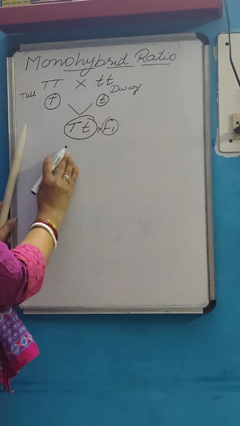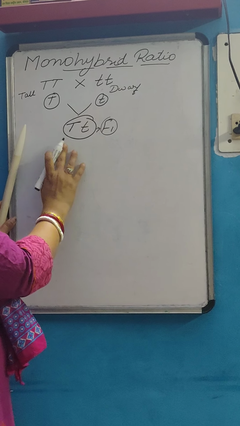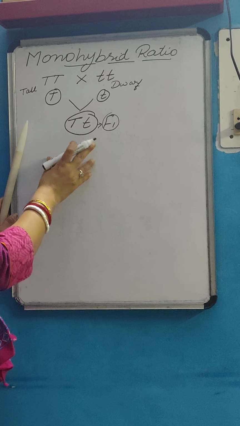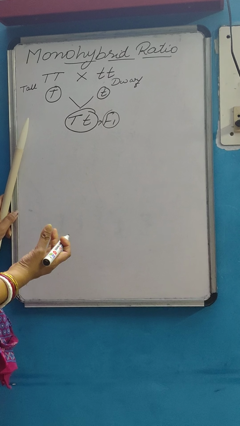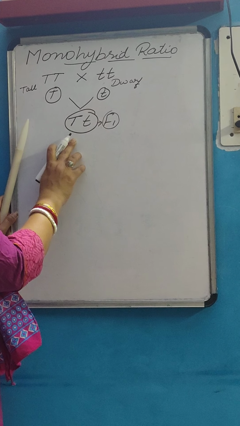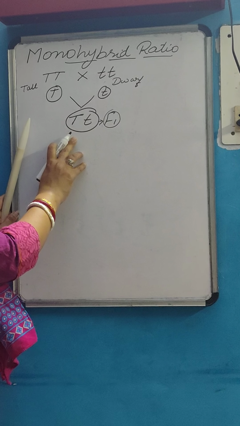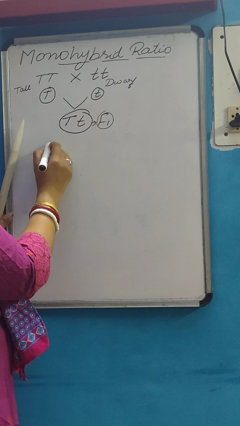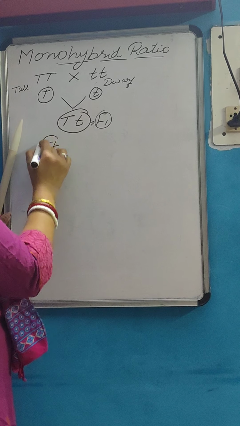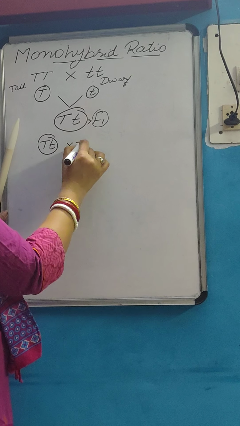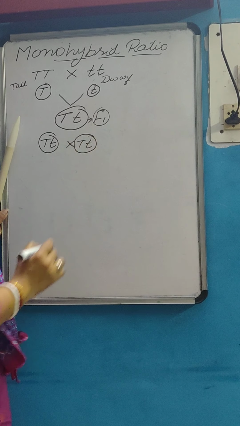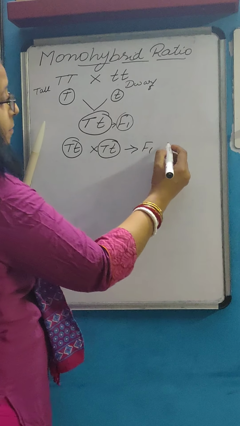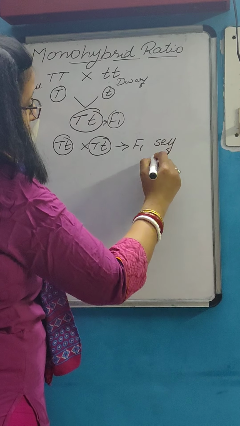So what Mendel did is, in the first generation, when he saw that all the plants were dominant, because phenotypically, meaning the physical characteristics which were showing, all the plants were looking tall, they were dominant. So what he did, he made a cross or self-pollination between the F1 generation plants. These F1 generation plants were subjected to self-pollination.